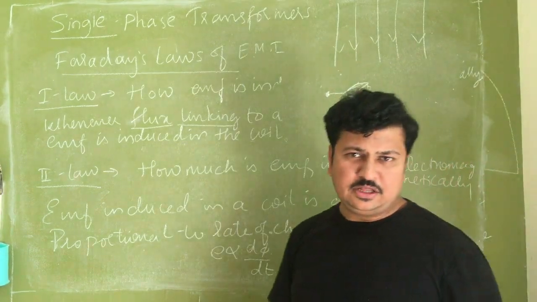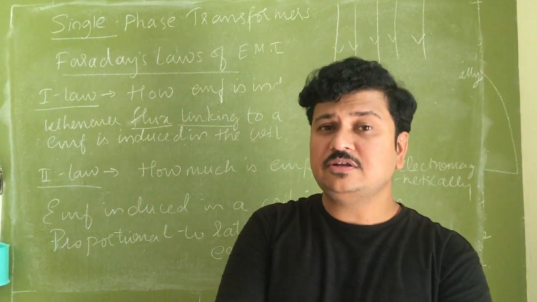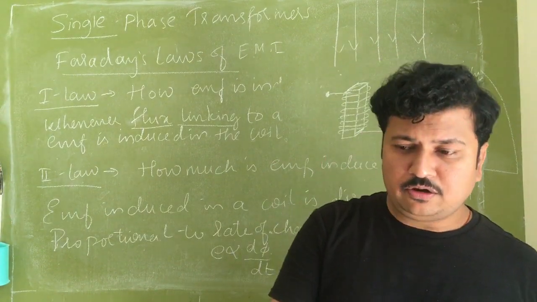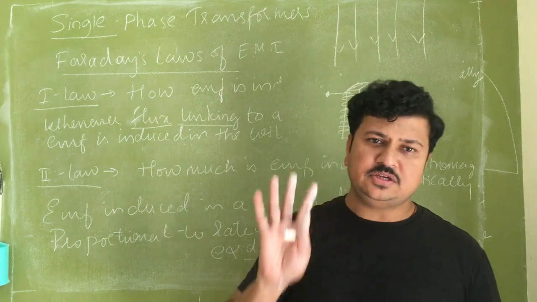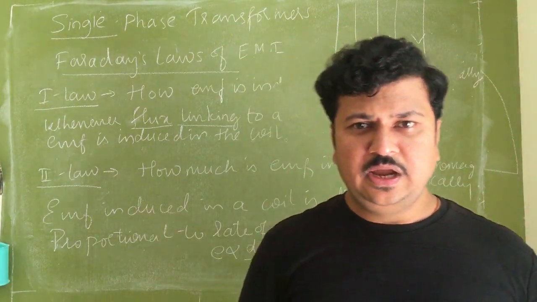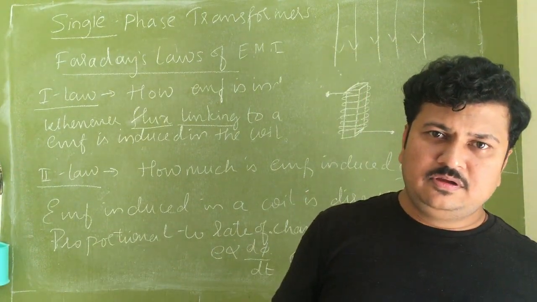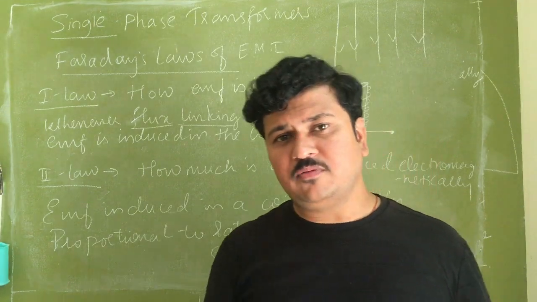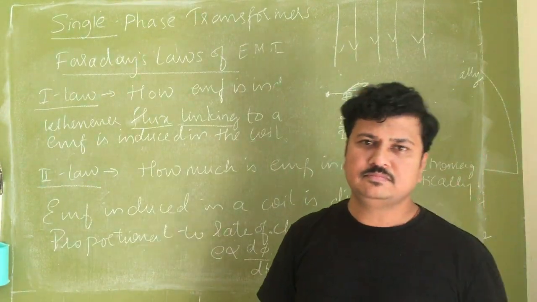Okay, so current is what? Flow of electrons in a particular direction. When electrons can flow, any electron can come out of its orbit only when it gains energy. If it doesn't gain any energy from the external source, it will simply sit in its orbit. Why will an electron come out of orbit when energy is given to it? Because it has to maintain the equilibrium.